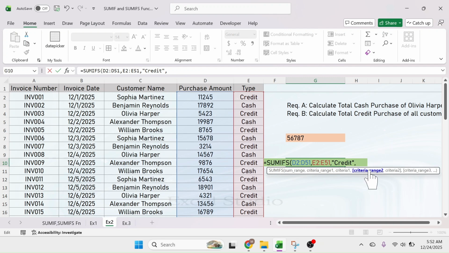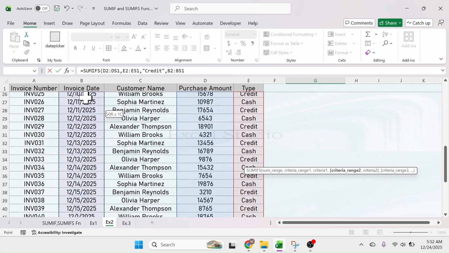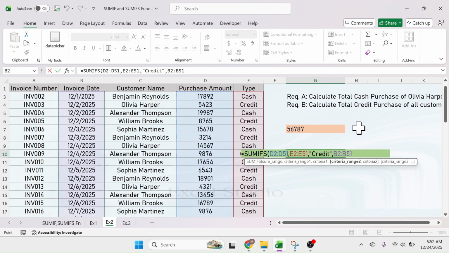In the criteria range 2, we have to select the date range of the data source. Then put a comma. In the criteria 2, put the second condition, that is the date should be in week 2. And for the date to be in week 2, we have to check two conditions. The first condition is the date should be greater than 7th December 2025 and less than 15th December 2025. So here we have to put the first condition, that is put a double quotation, greater than, double quotation, and